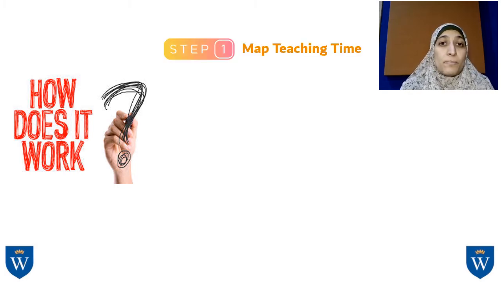How does it work? Step 1, you need to map teaching time and teaching resources. So you need to fix a time every week for 20 to 30 minutes. Ask your child to teach you the lessons he or she learned at school. Your child will have the lesson on Seesaw as a reference for you or for you both for teaching and learning. So encourage your child to work hard in the lessons in the class with teachers to understand the material, then recall it more accurately and apply it more effectively with you in the lesson.